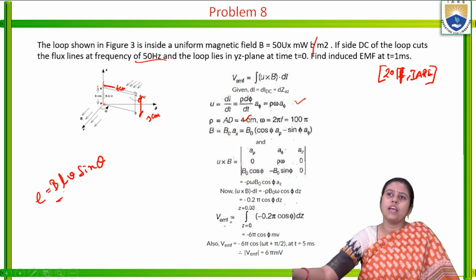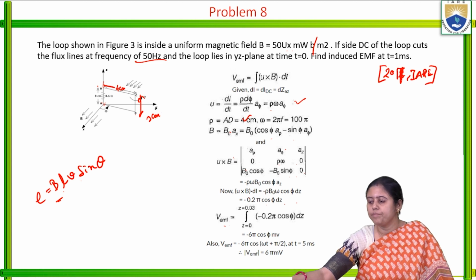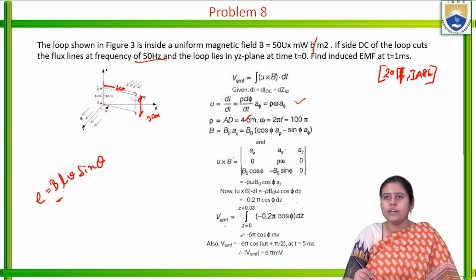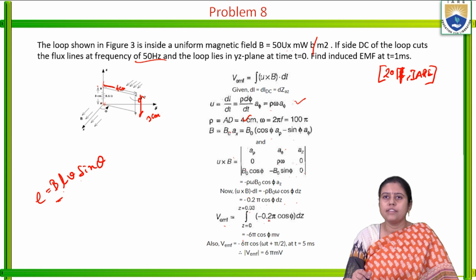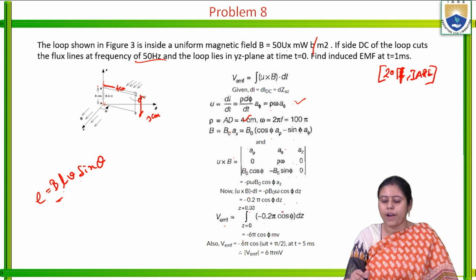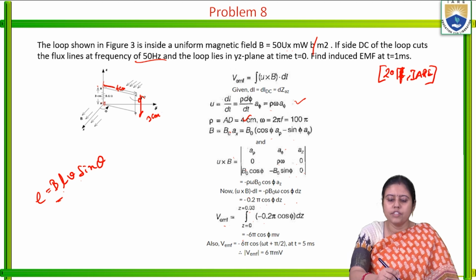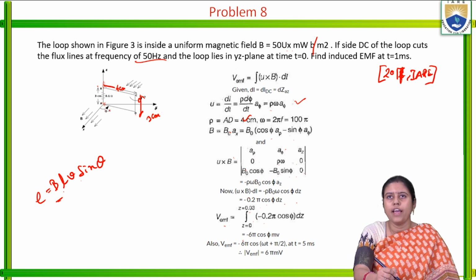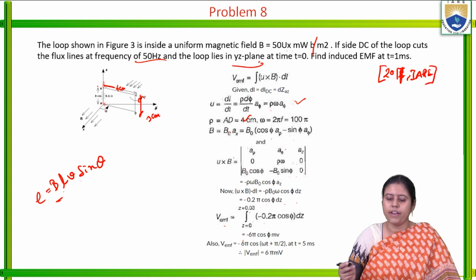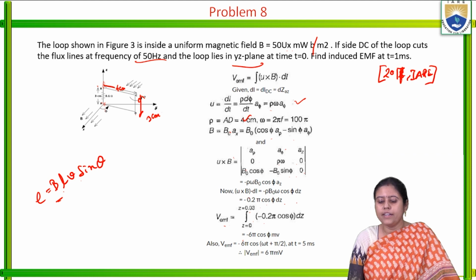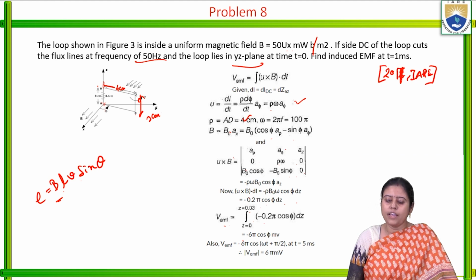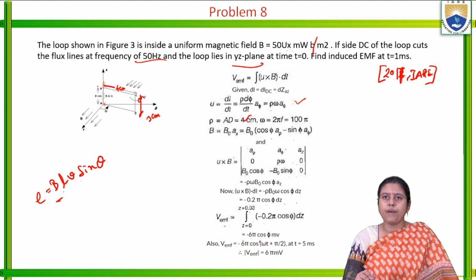So what is the BEMF? What is the value of the BEMF? Integration of Z equal to 0 to Z equal to 0.03 of 0.02 pi cos phi dz. And what is the range? The range is from 0 to 0.3. We are calculating along the YZ plane, so it is given as 0 to 0.3. And after integrating, we will get the BEMF is equal to 6 pi cos phi